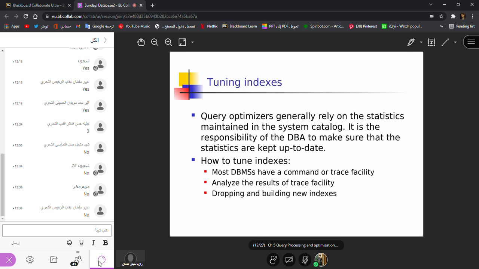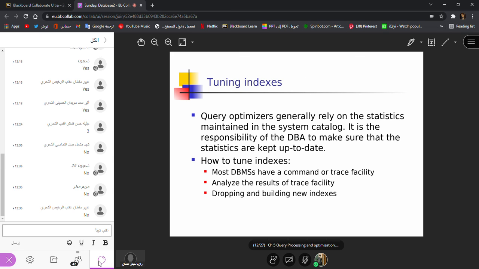And what are the rules in order to create the indexes? Check on which field you can create the index, and whether it is increasing or decreasing the performance of your DB. Normally they say that on the fields that you choose in the where clause, you can apply the indexes, right? And they say that B plus tree indexes are good for range selection and equality selection. So that's all about the tuning of indexes.